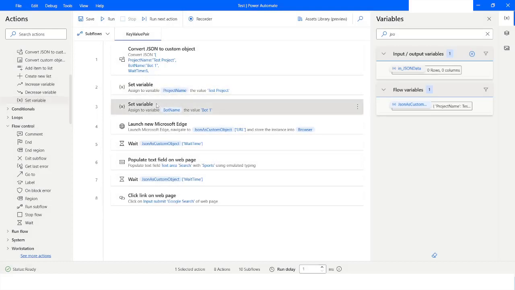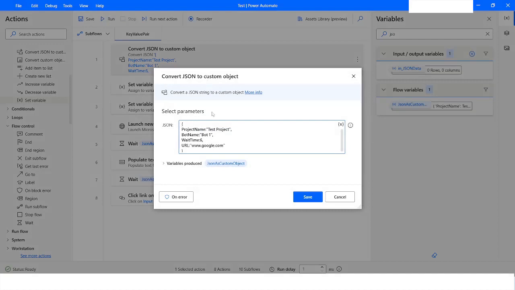So in that sense you will see that if you use convert JSON to custom object, it will be more useful, right? It will have only one action, and inside that you can specify multiple key value pairs which you can utilize in your project. That will also help you to organize your actions and subflows, and it will also reduce the number of actions used in your project,